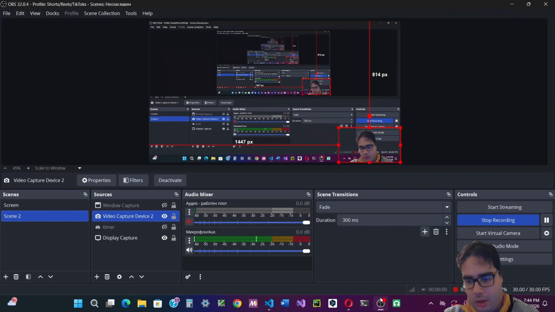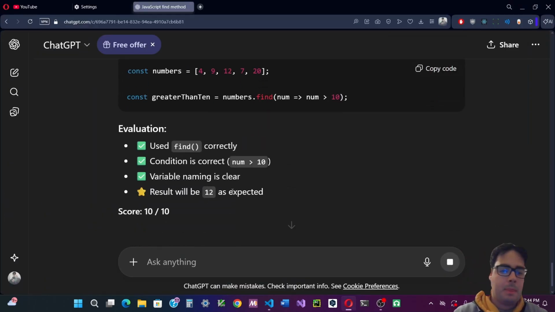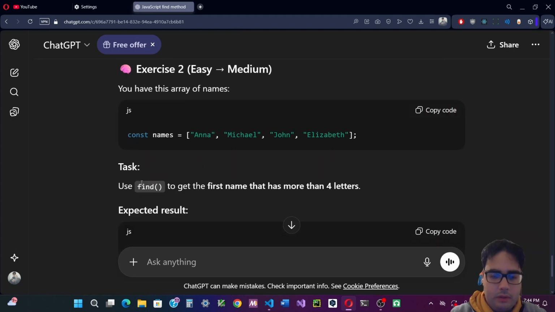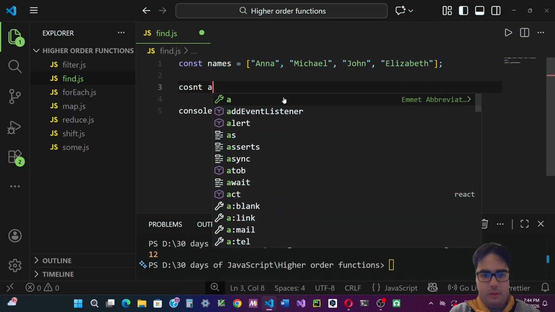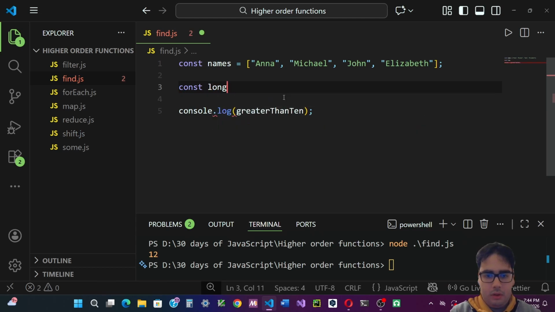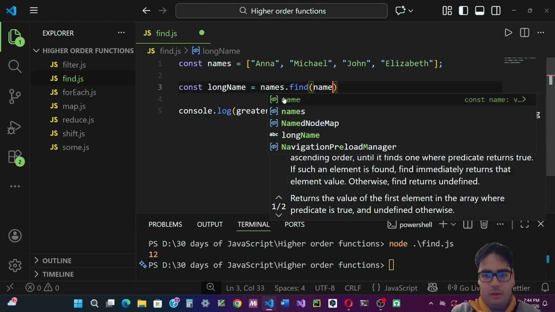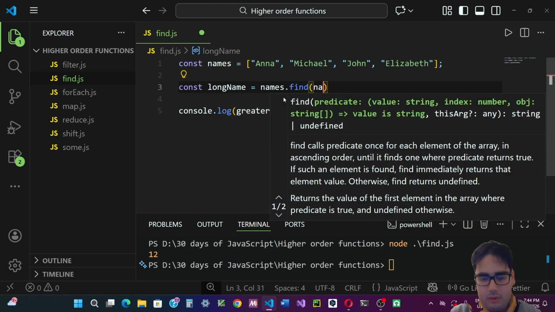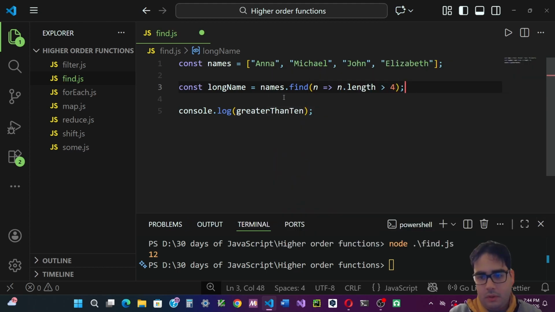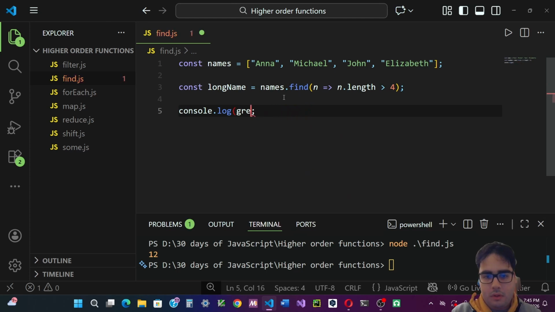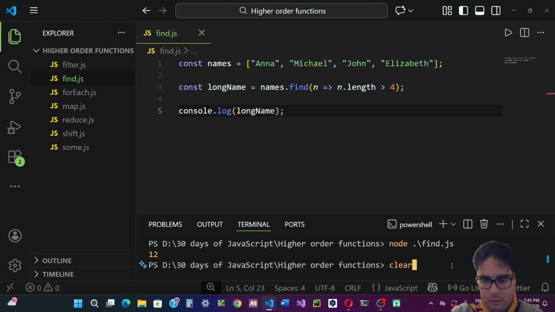Okay, I'm gonna try to speed run this as much as possible. Use find to get the first name that has more than 4 letters. const longName = names.find(name => name.length greater than 4). Say longName. That's clearer than